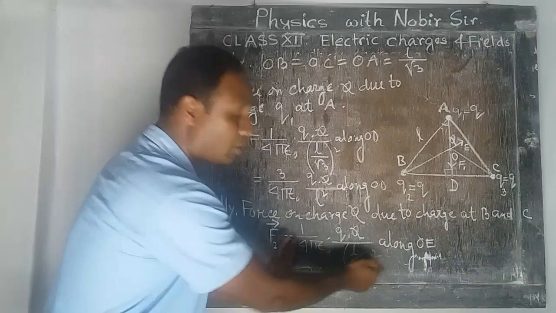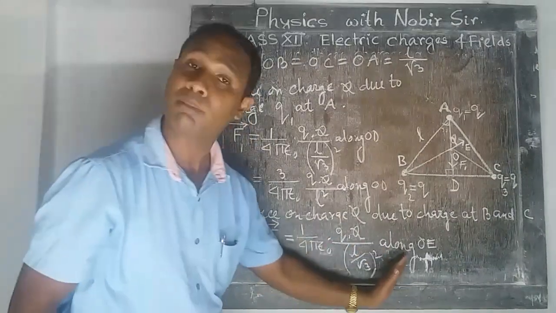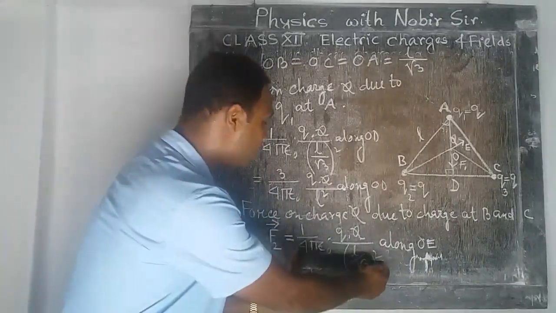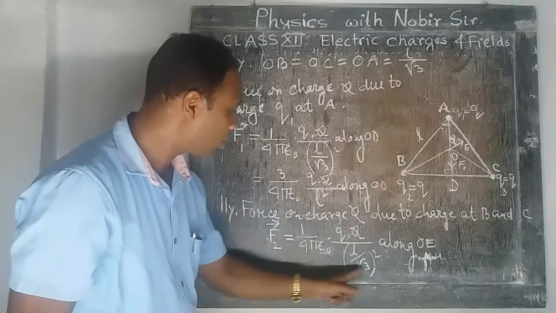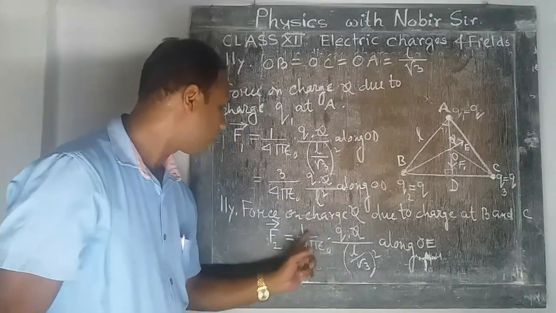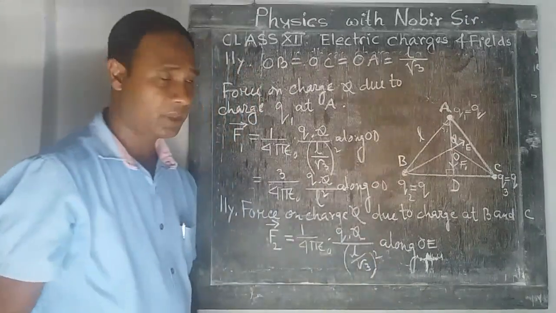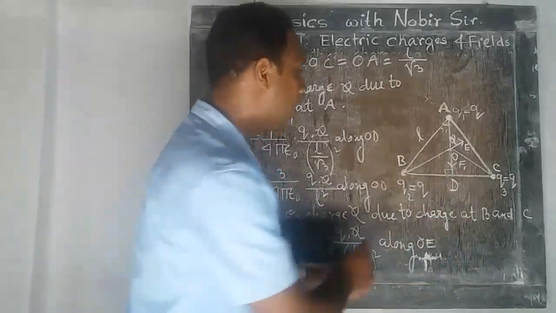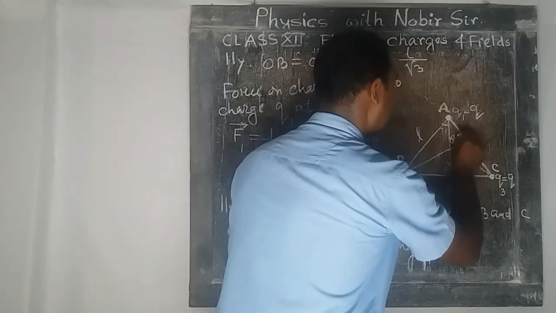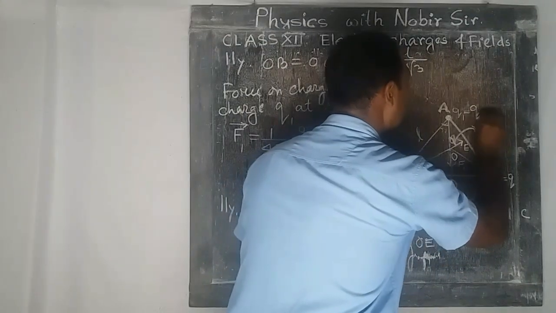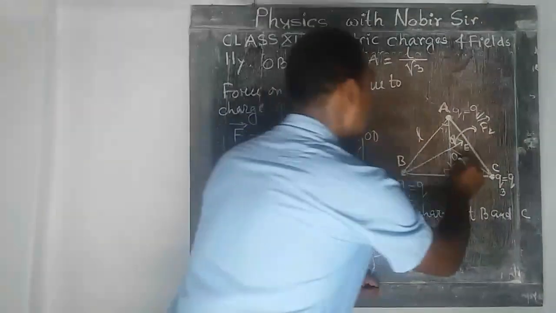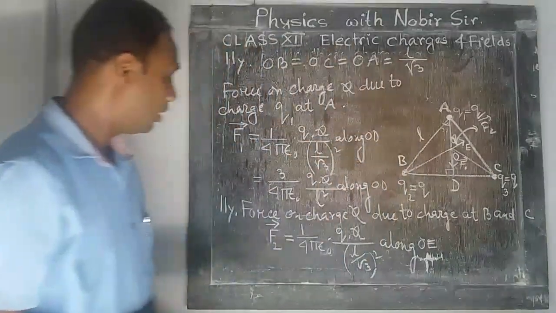Here also there is a magnitude. The direction is different but the magnitude is the same: 1 by 4 pi epsilon, root 3 squared gives 3, so 3 by 4 pi epsilon naught q Q by L square. So the magnitudes are the same but the direction is different. This indicates what? This is F2, this is F1. Okay, now